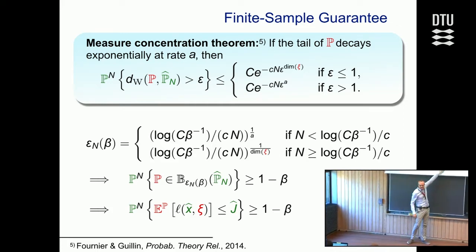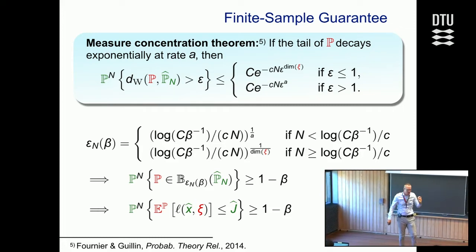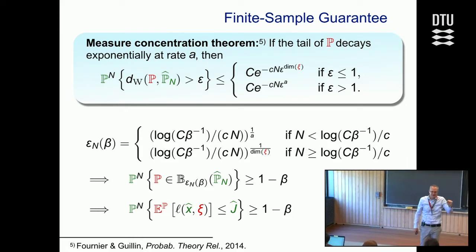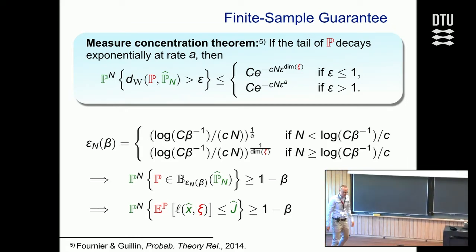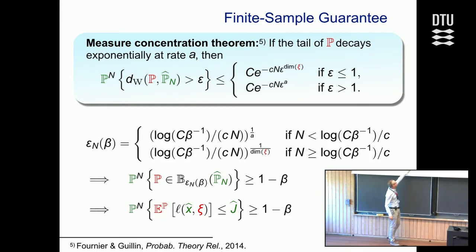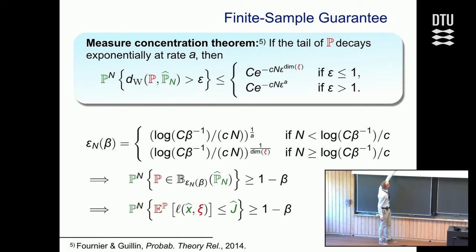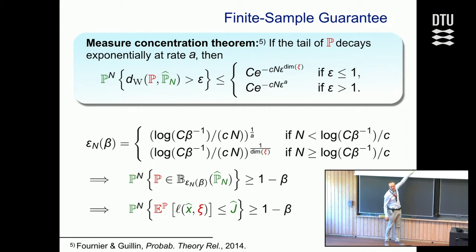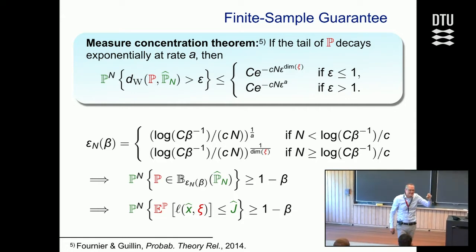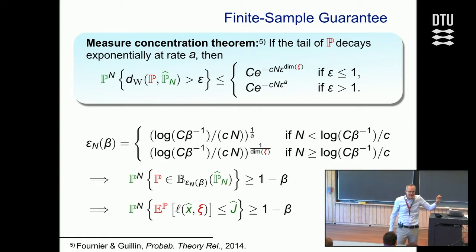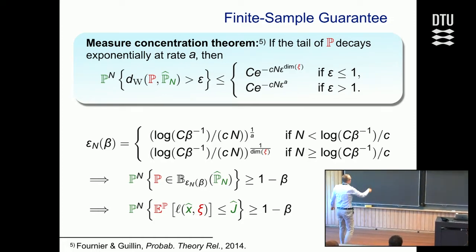Okay. So the J hat, that's the optimal value of our distributional optimization problem. So that's the worst case expectation of the decision x hat. So that means it's the maximum of the expected costs over all distributions in the ball. Now, we know that the true distribution is inside the ball with probability 1 minus beta. So that means with this probability, the expectation under P is smaller or equal to the worst case expectation. So that means the optimal value of our distributionally robust optimization problem gives us an upper bound that we can compute ex ante when we solve the problem based on the training data. We know this is an upper bound with probability 1 minus beta. Okay?